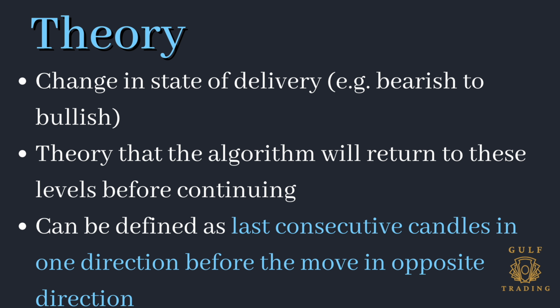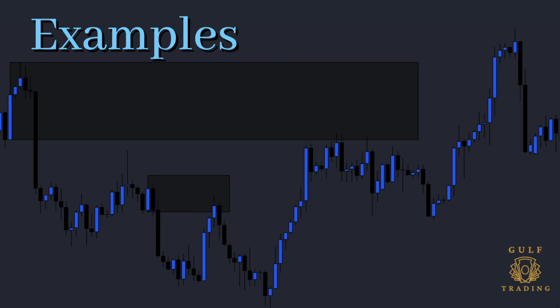So the theory of order blocks is that when there's a change in the state of delivery, like from bearish to bullish, the algorithm and the institutions will push price to return to these areas before continuing in the original direction. And ICT defines an order block as the last consecutive candles in one direction before the move in the opposite direction. So here you can see on the top left, 3 bullish candles before a move to the downside,